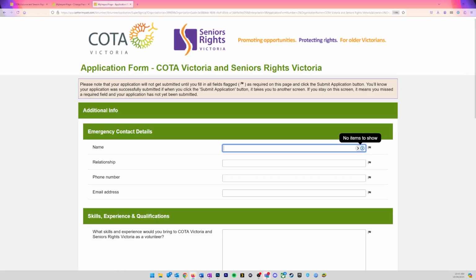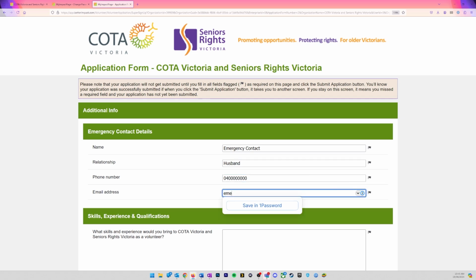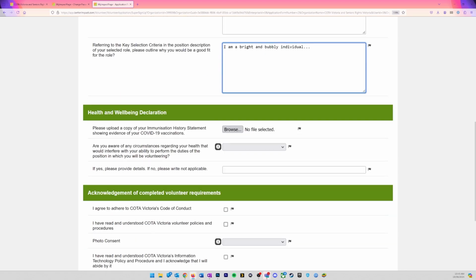On the form, you have to provide emergency contact details in terms of a name, relationship to that person, the person's phone number, and their email address. Moving on, there are additional questions to complete, so answer honestly and as truthfully as you can. And the next section here under Health and Wellbeing is where the proof of COVID-19 vaccination is required to be uploaded. So I've uploaded a Word document, but obviously you'll need to upload the actual proof of vaccination there,